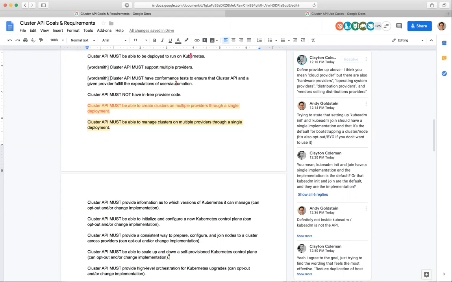I think that the conforming of the resulting cluster is already covered earlier, because it says somewhere that a conformant cluster. Maybe when we say "should deploy a cluster," the "conformant" should be in there. But as far as validating that the given provider implements things properly, I guess there's also a validation in the other way, and this probably doesn't need to be in here, but when we rev a version of cluster API, there's some sort of expectation of backwards compatibility for providers, but that doesn't need to be in here.